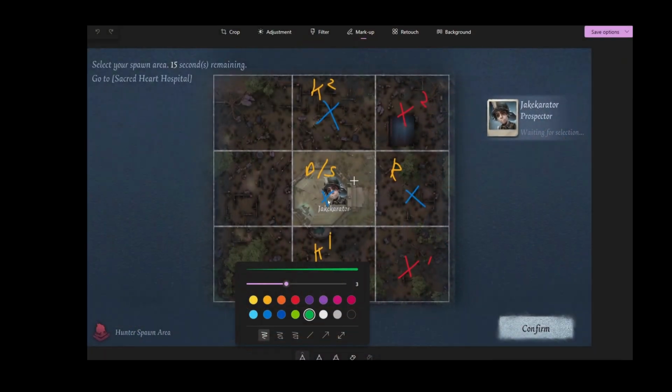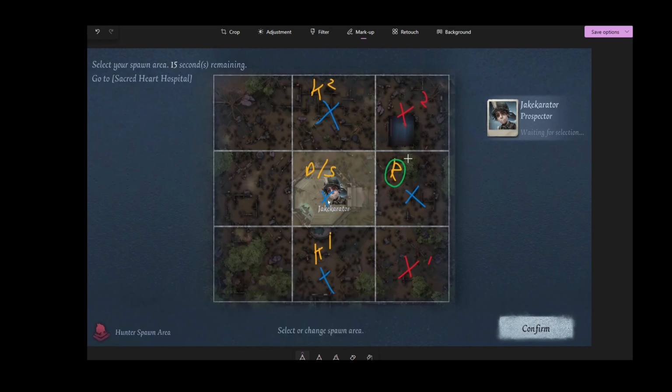Basically, what we want to do is we want to have the rescuer here. This is definite. Most of the time, even if it's a strong kiter, I would highly recommend only the rescuer to be here because it's so dangerous. You're going to need a rescuer for this map. And